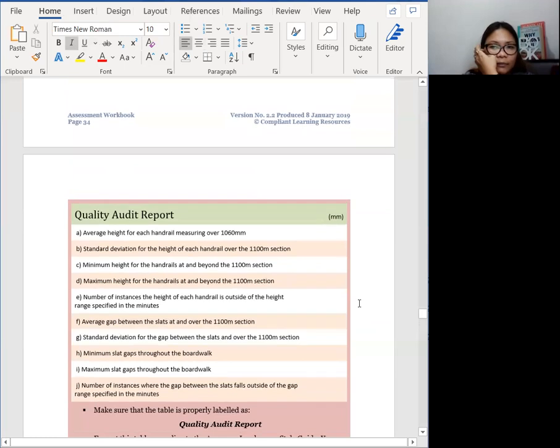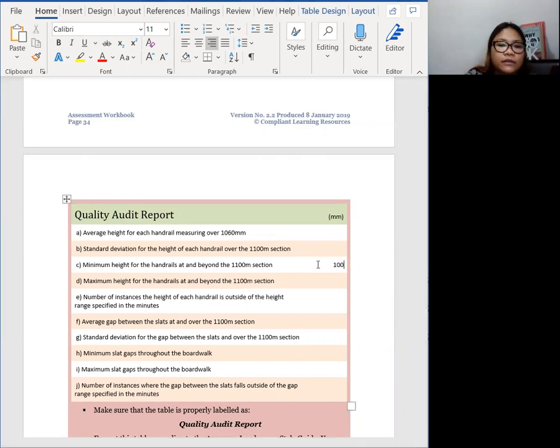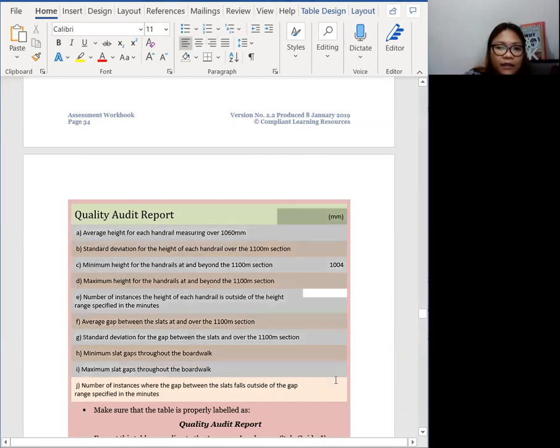So for the quality audit report, if you get the data, you should see that the average height for each handrail measuring over 1060 mm is 1073.287 mm. What would be the standard deviation? It would be about 17.9. Maximum height for the handrails, it would be 1004. So when you put this in Excel, there has to be a